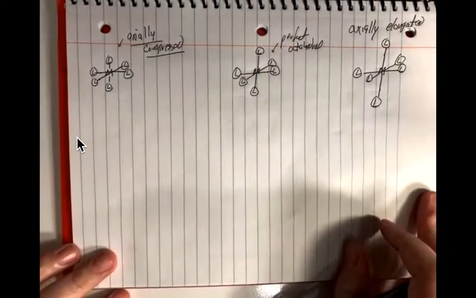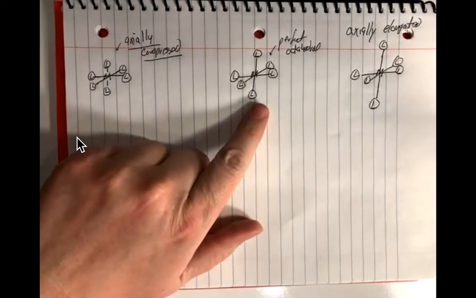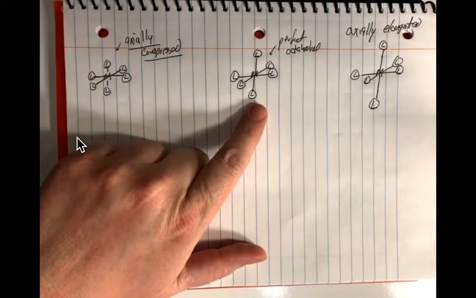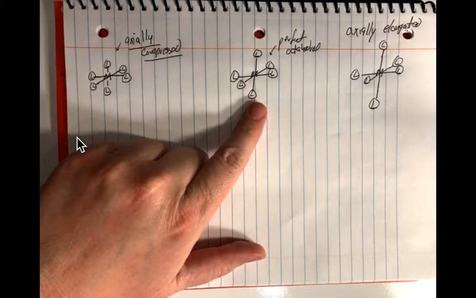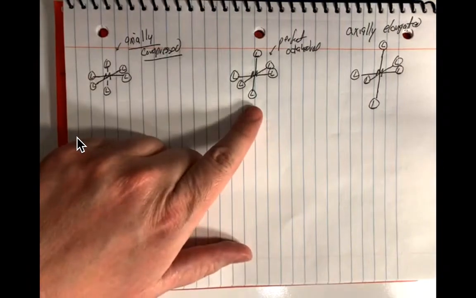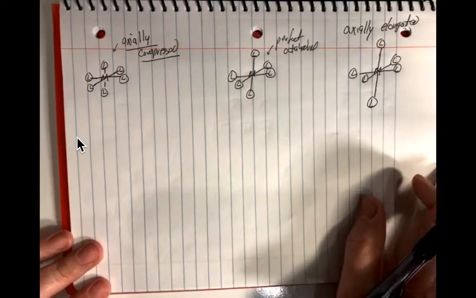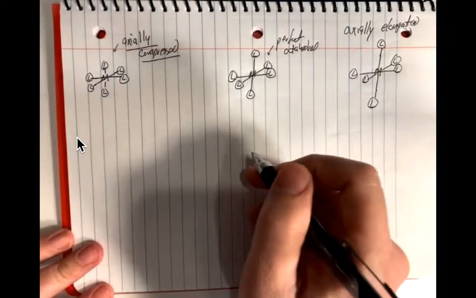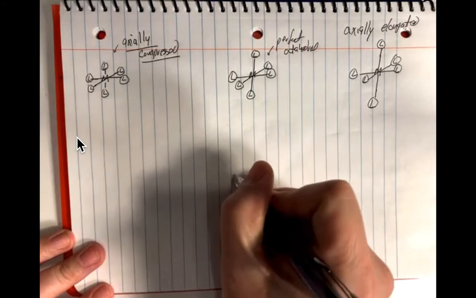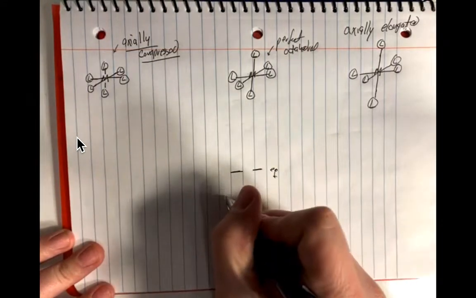All right, let's now talk about something called the Jahn-Teller effect. And we start, as we have for most things we've been talking about, when we have six ligands in an octahedral arrangement. But we'll see that in some cases there is a rearrangement of the geometry to lower the energy. And so let's first, as we have often, sketch in our octahedral levels, so the EG set and the